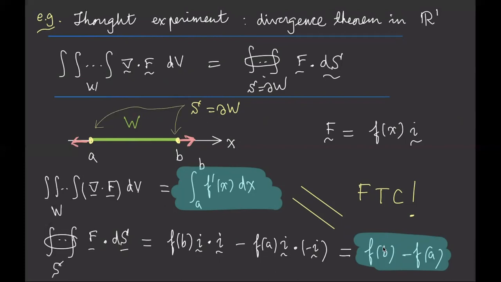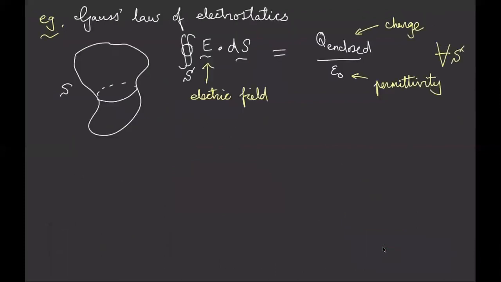That's a little bit more complicated to understand than this, but I have given that as a practice problem. Okay, let's do another example, and this example is now more related to physics, and this is called Gauss's law of electrostatics. Now, the divergence theorem is also associated with Gauss's name, and that's because Gauss was both a mathematician and a physicist, and he was probably motivated by some of these physics concepts to come up with the divergence